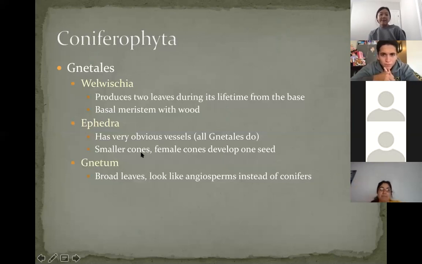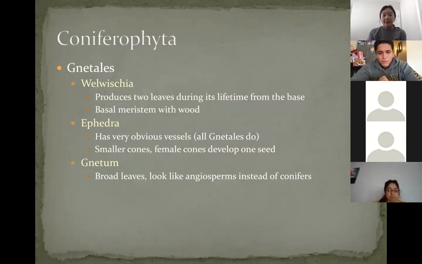But then we also have Ephedra. Now, Ephedra has really obvious vessels. I mean, all the Gnetales have vessels, but the Ephedra just makes it a lot nicer. But they have smaller cones in comparison to Welwitschia, and the female cones of Ephedra will basically only develop 1 seed. And then we have Gnetum. Now these guys really look like an angiosperm. They have really broad leaves, and they actually have pinnately compound leaves with nice net-like venation,